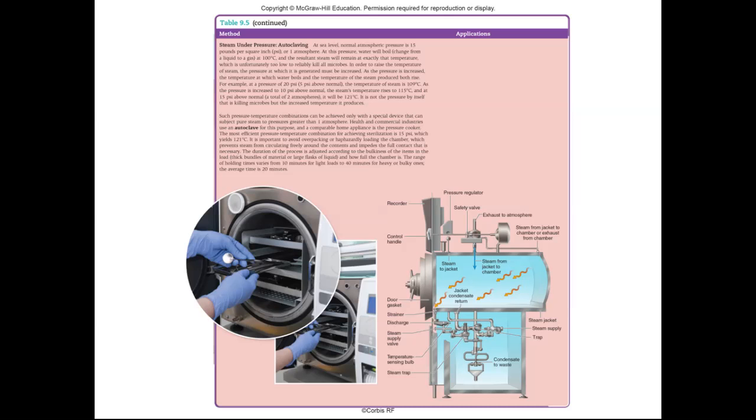Generally speaking, 15 psi is the highest that we go. And then we are going to pump high pressure steam and high temperature steam. Because of this high pressure environment, we are able to achieve a temperature greater than 100 degrees Celsius, which makes it easier to sterilize the substance. High pressure steaming is a great way to disinfect